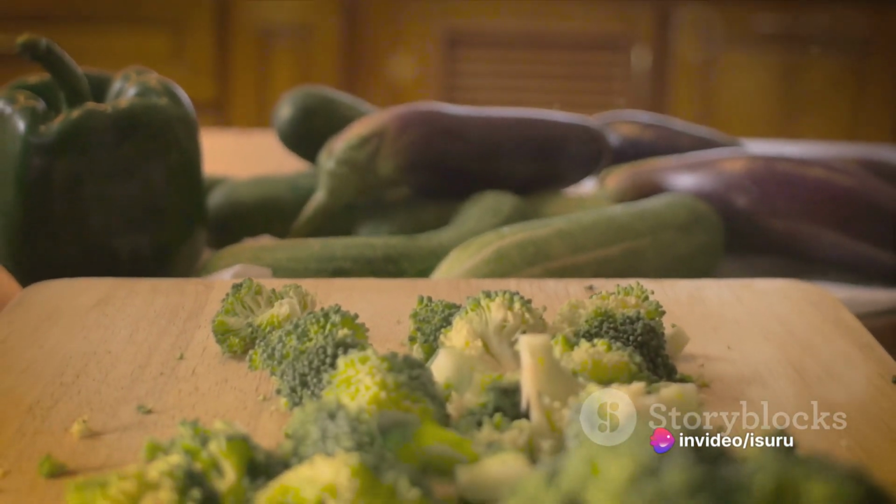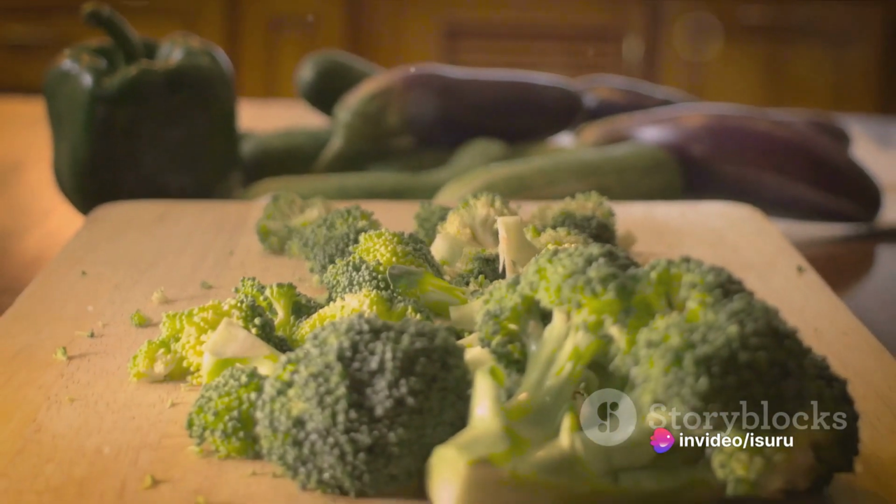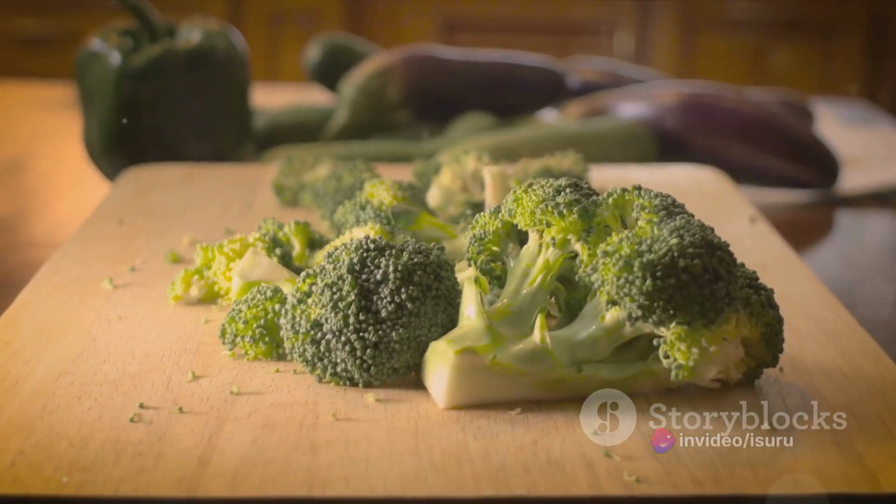Taking control of your health is attainable through a 7-day anti-inflammatory low-sodium meal plan, offering a balanced approach to hypertension management and